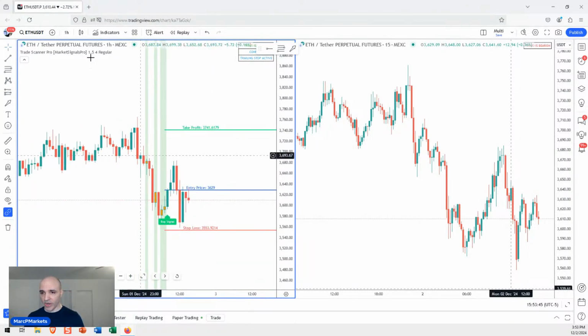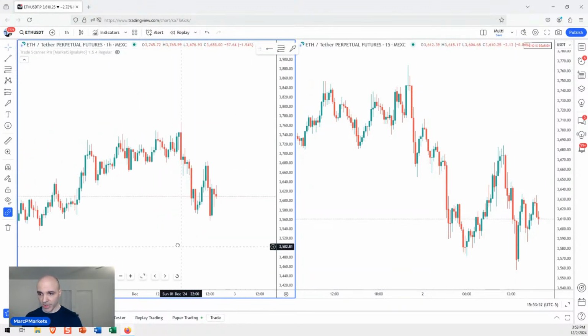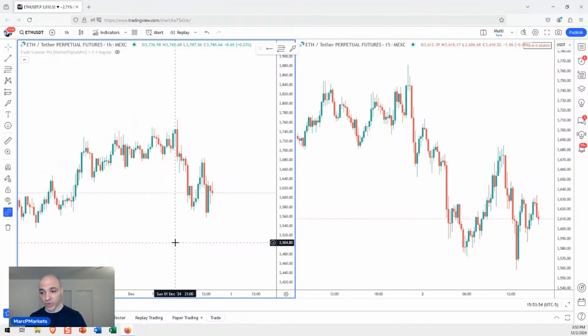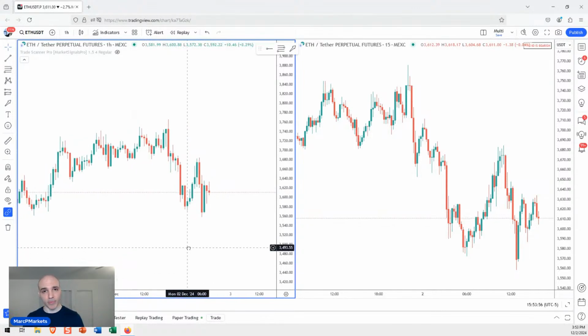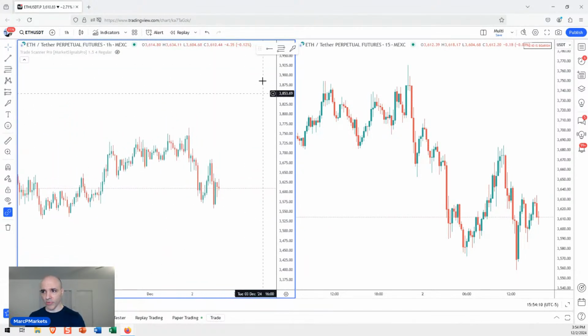So what I want to do is I'm going to turn that off because I don't want to be confused just yet. What I want to do is first get some perspective. Now, what I'm about to show you here is the part that is confusing to people, especially for beginners. And we're trying to circumvent this so that you won't have to do this anymore. But basically, what we're looking at here is trend and support and resistance levels.